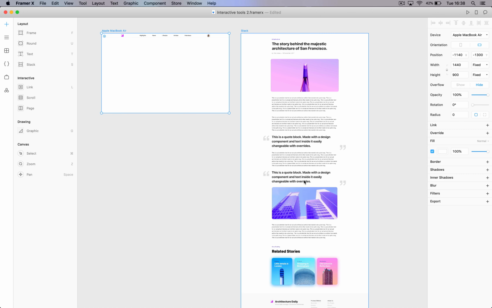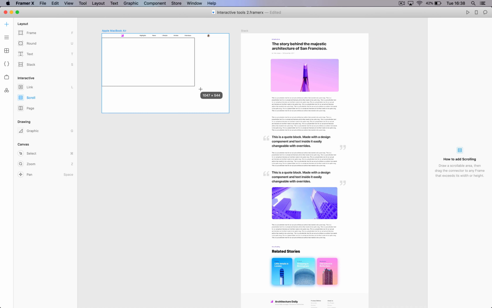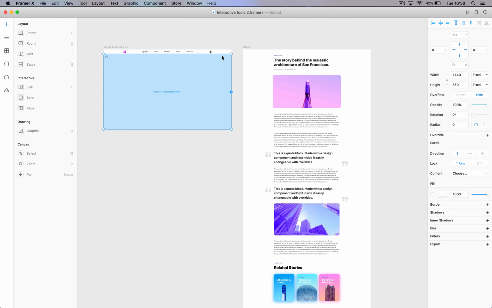So in order to make this content fit, I want to make it scrollable. So to do that, I'm going to go to this Tools panel and click Scroll, and then draw out a scrollable area in this Apple MacBook Air frame. I'm intentionally leaving out this nav bar because I want it to remain sticky to the top of the screen